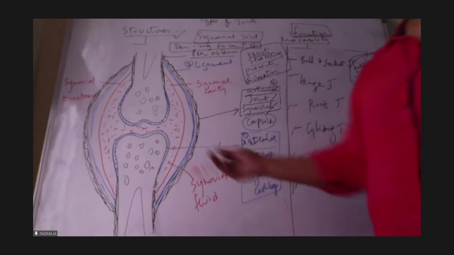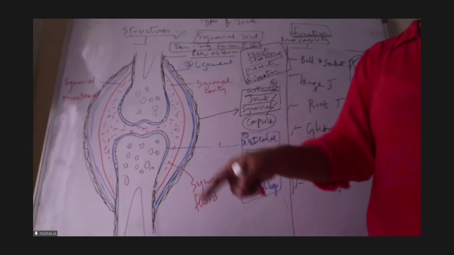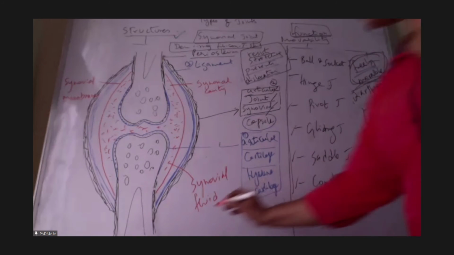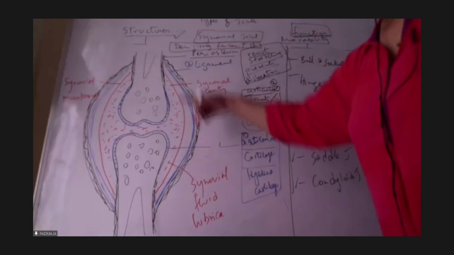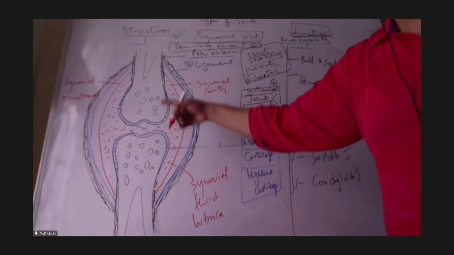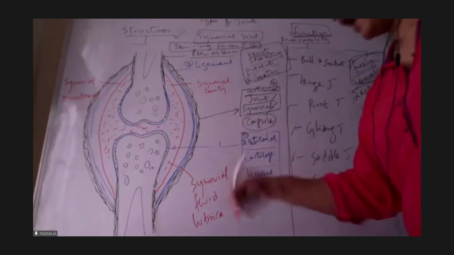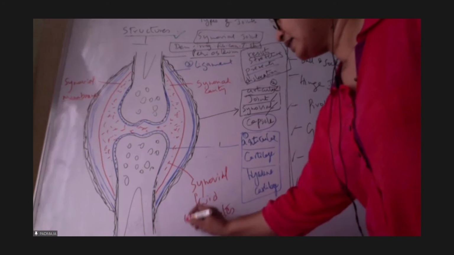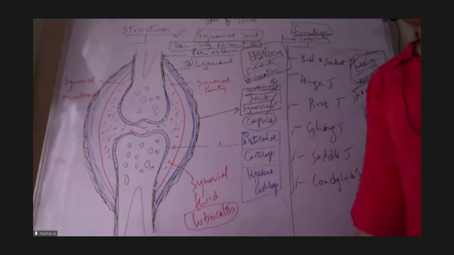And what is the use of this fluid? Like a grease. In our machines, we apply grease to reduce friction, if you remember. Yeah, Nana? Yes, ma'am. Yeah. So it acts as a lubricant. It lubricates movement of the bones, reduce the friction between the two bones near the joint. So its function is, it acts as lubricant. So it lubricates joint, reducing the friction.